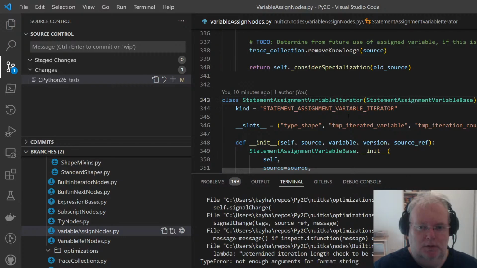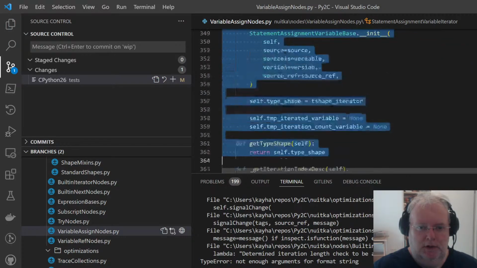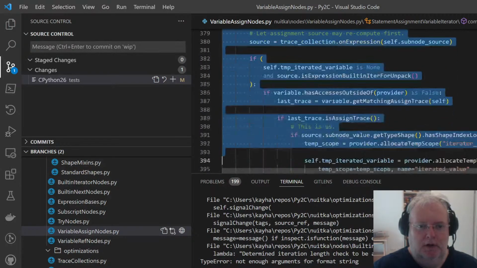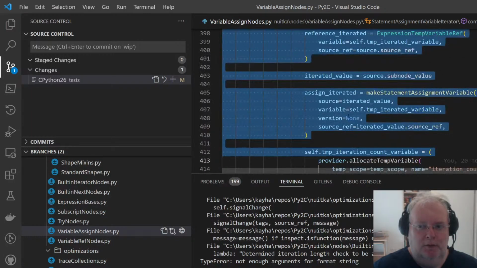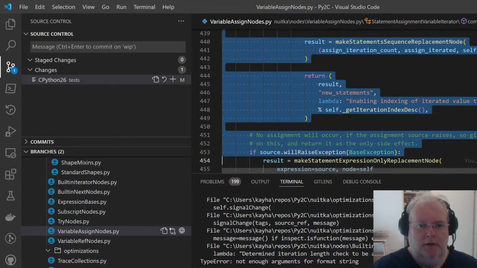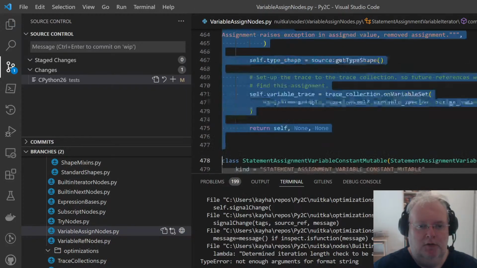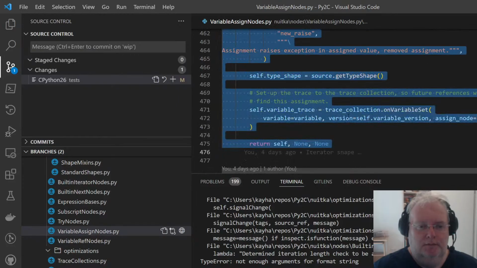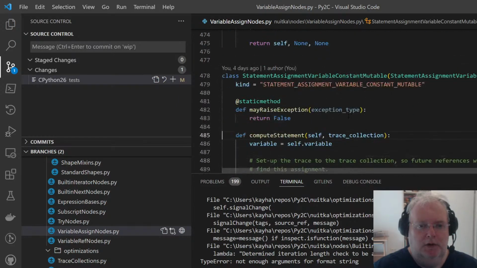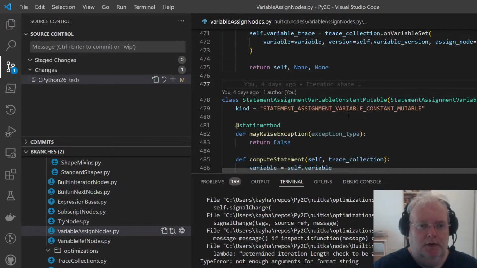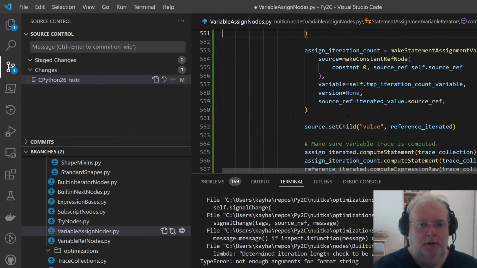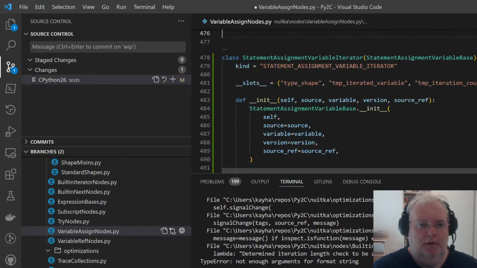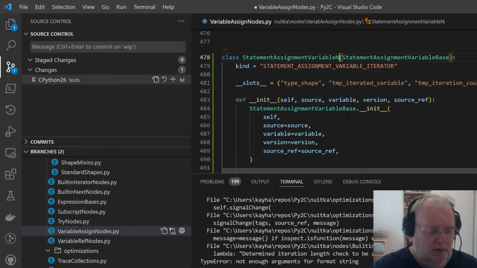So actually, and this is solely for the purpose of it making the determination of what next is doing rather than the node itself. So let me copy this thing and call it variable statement variable next.